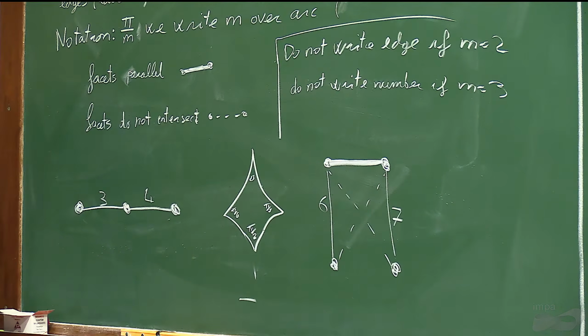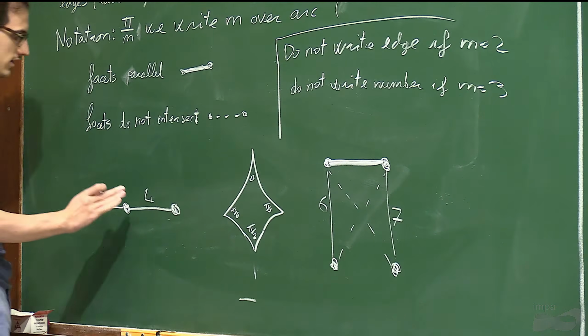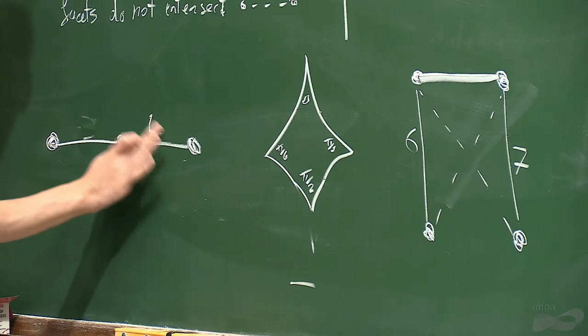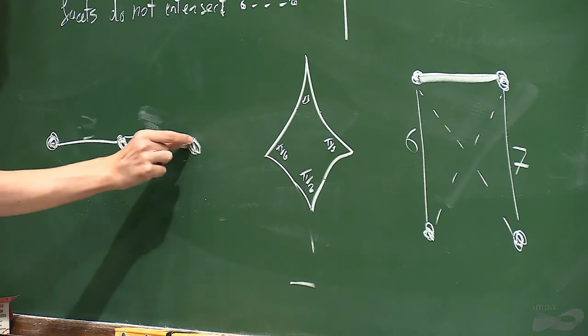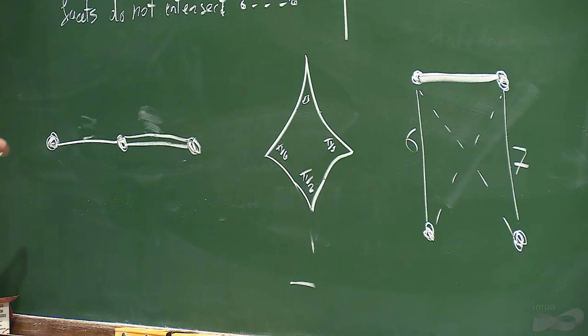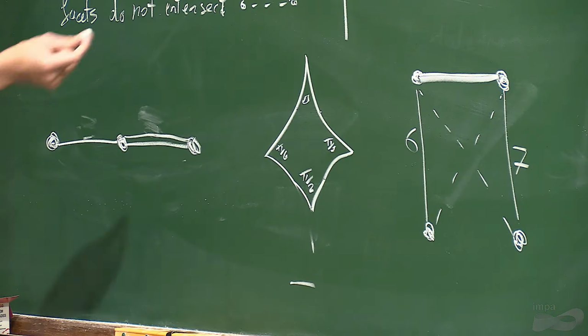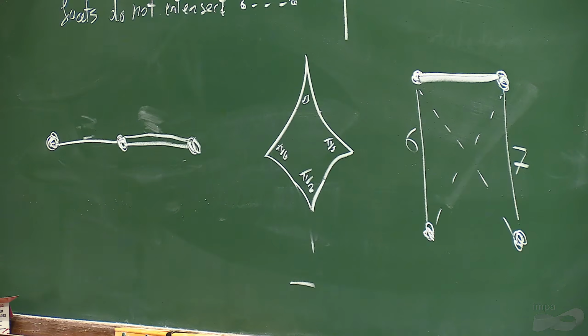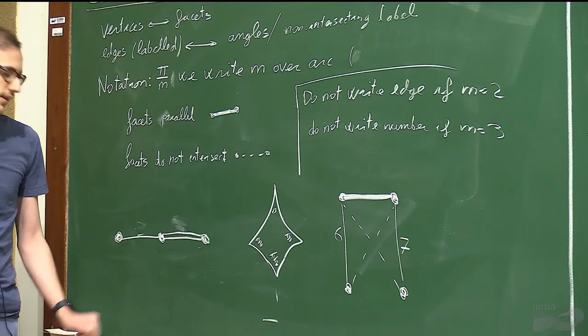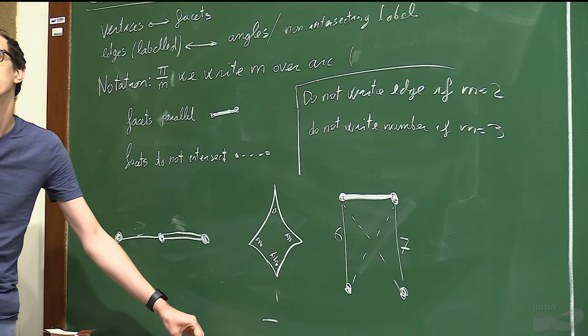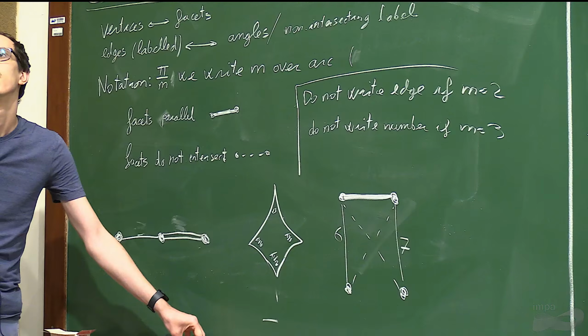Sometimes you can find in the literature, instead of writing 4, a double edge. Instead of writing 5, a triple edge. Instead of writing 6, 4 edges. And then people stop putting so many edges. What do you mean by parallel specifically? Okay, we're considering when they meet at infinity as parallel.